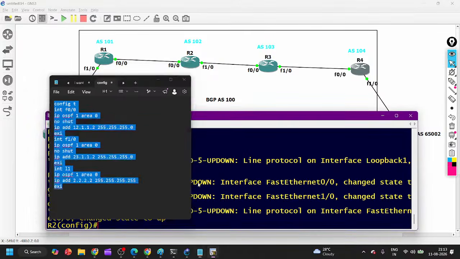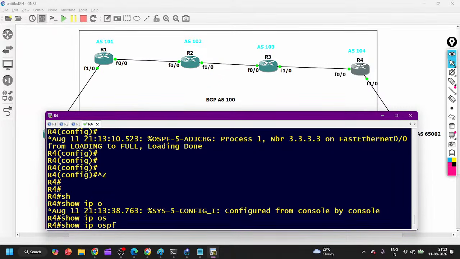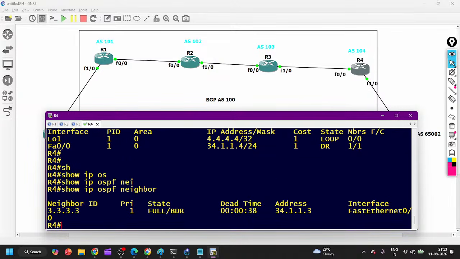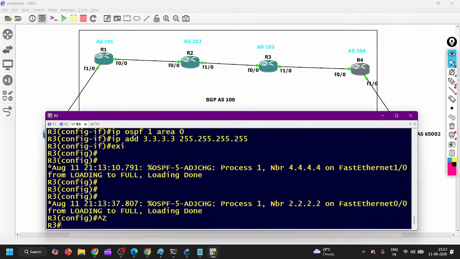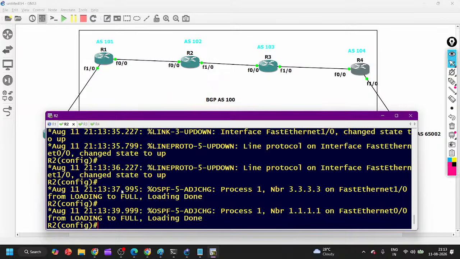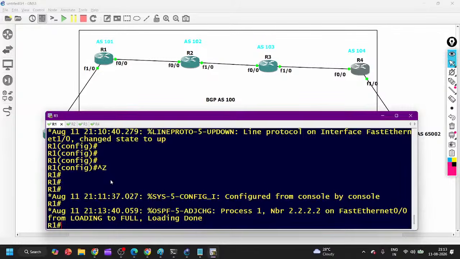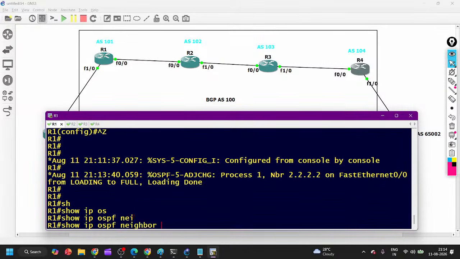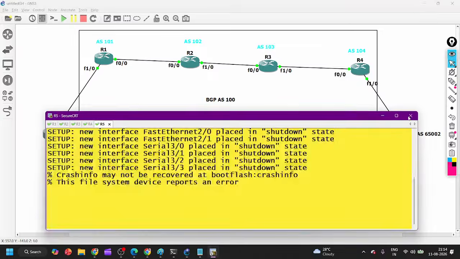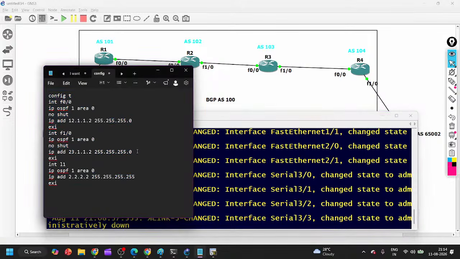Okay, let me verify the OSPF. So show ip ospf interface brief. So show ip ospf neighbor. Good, neighborship is up. Go to R3 and show ip ospf neighbor. Good. Then R2, show ip ospf neighbor. Then R1, show ip ospf neighbor. All good. On the customer routers R5 and R6, I'm going to create a loopback and I need to configure